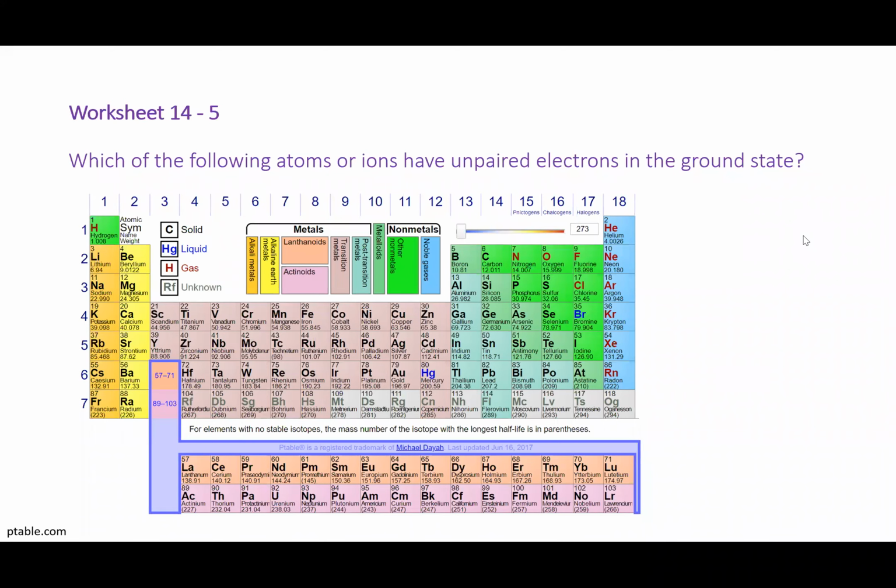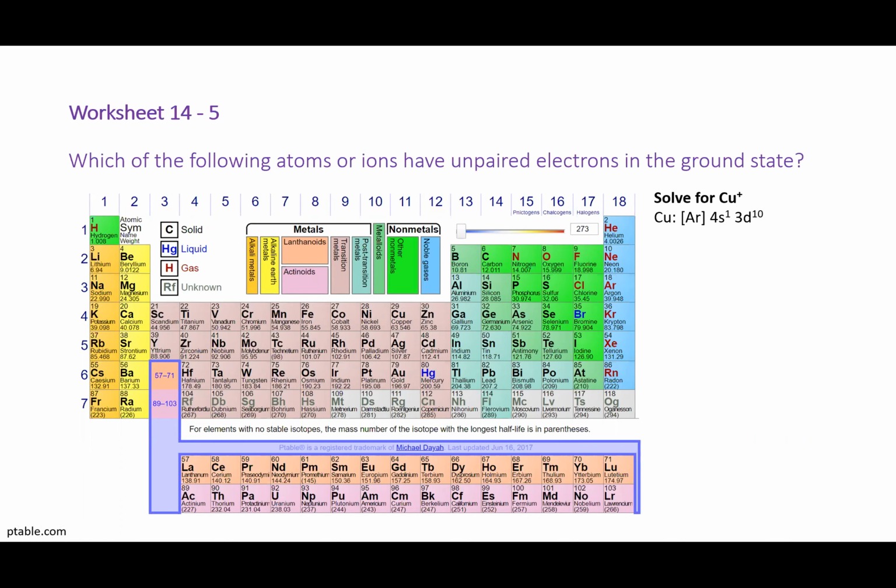Taking a look at worksheet 14, question number 5, we have to decide whether or not the atoms or ions that we're given have unpaired electrons in the ground state. So let's say that we have our example, copper plus. First, how I would approach this problem is you should figure out what the ground state for the neutral